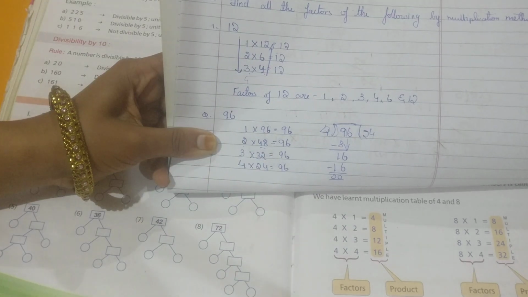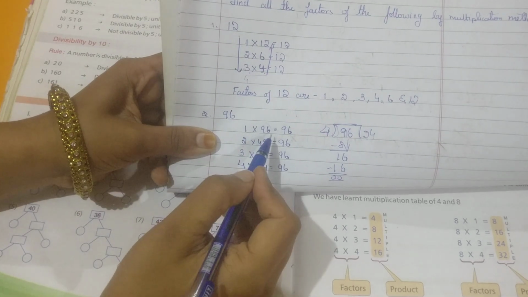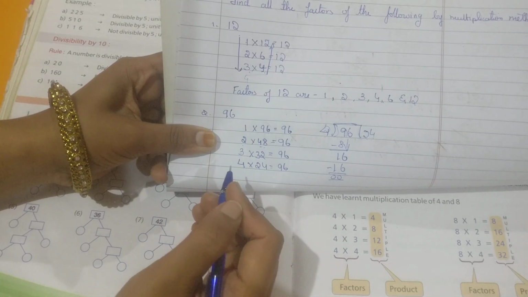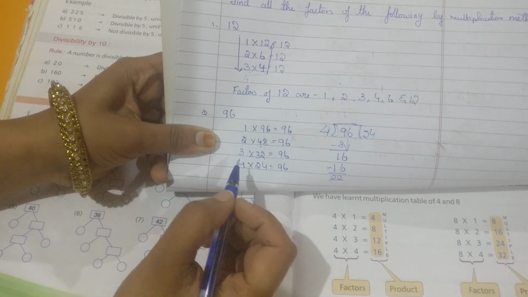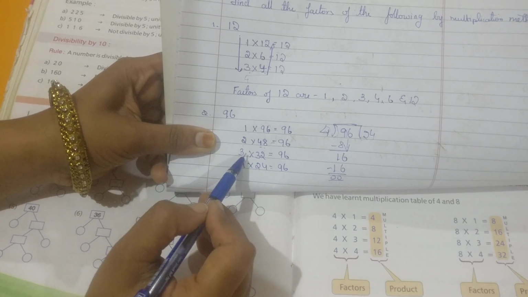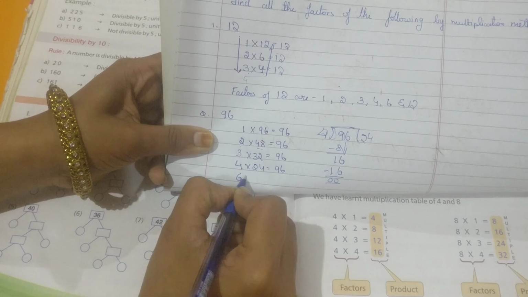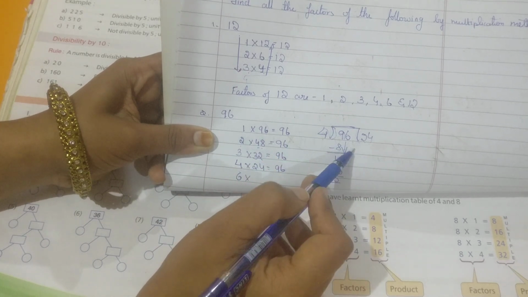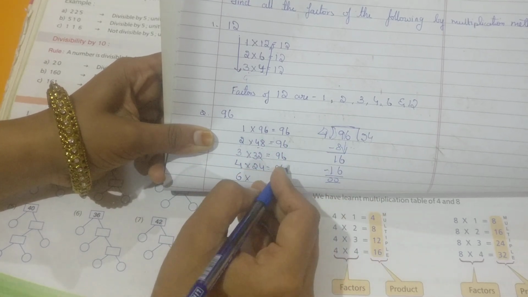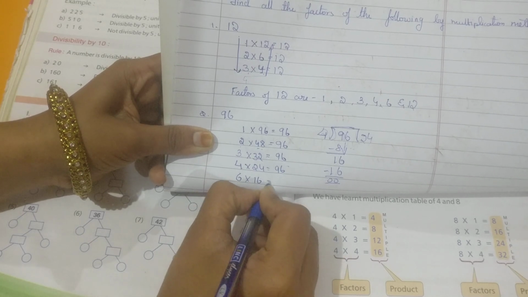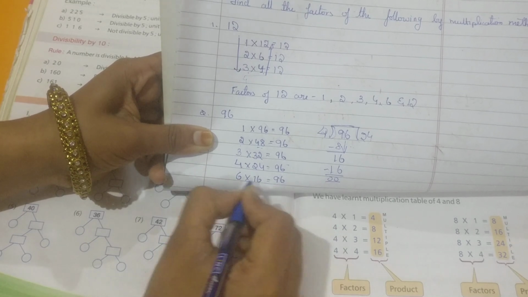Now let's go to 5. Because you don't have 5 or 0 in the units place, you cannot divide the number by 5. And 6. Let's check for 6. It goes in 2 tables, it goes in 3 tables, so it should go in 6 tables also. So you should divide like this and check the answer. But I am going to write it directly. So it is 16 sixes are 96.